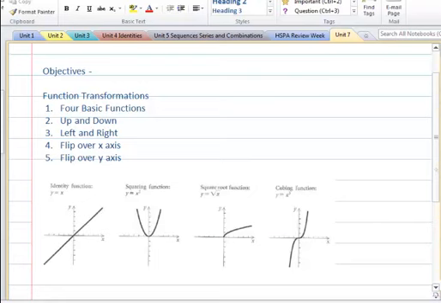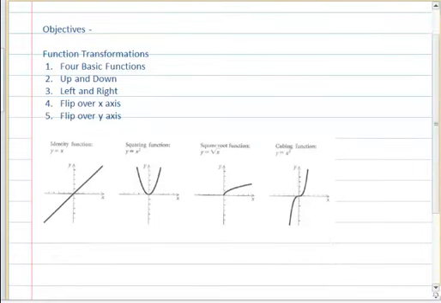McAllen again, and we're going to talk about function transformations, and in doing so our objectives will be talking about the four basic functions, transforming them so that they move up or down, left and right, flipping the function over the x-axis or flipping them over the y-axis. So we first start out and we have our four basic functions that we talked about